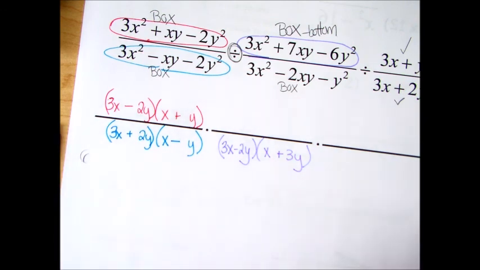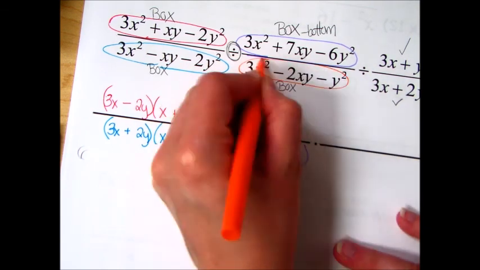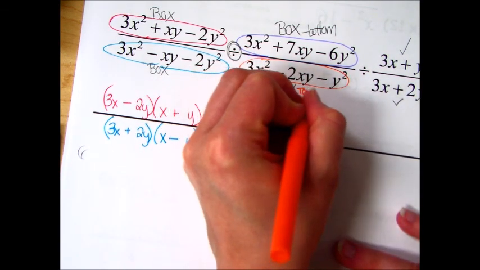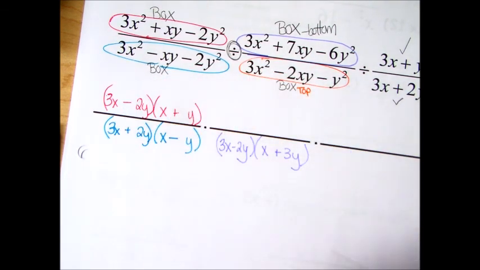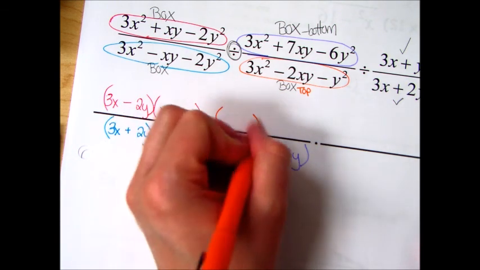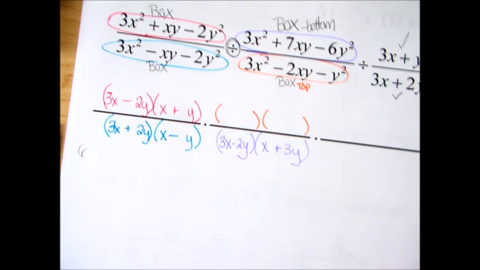Now for the orange. When you factor the orange, remember it belongs on top because it followed a division bar. So,